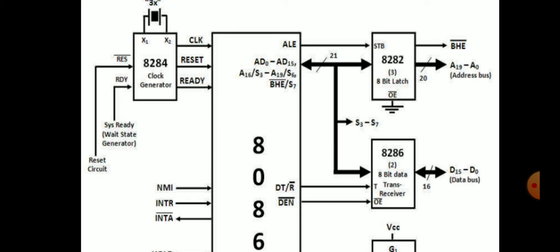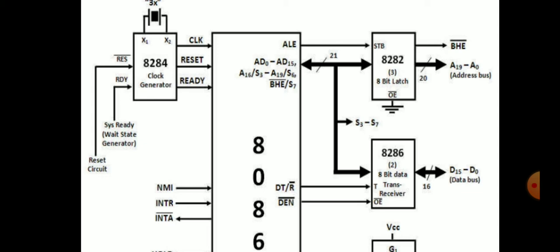And to hold the address transferred in the first cycle, an 8282 latch is used by activating the address latch enable, that is ALE signal. In a clocked system, the strobe signal is treated as an enable signal for the corresponding latch, that is address, which is captured on the clock edge at which strobe or enable is active. In order to hold or capture the A0 to A19 20-bit long address, 3 latches are used in 8086.